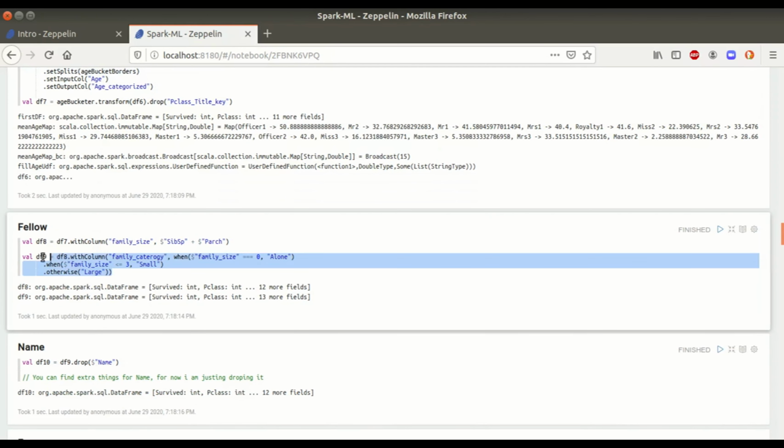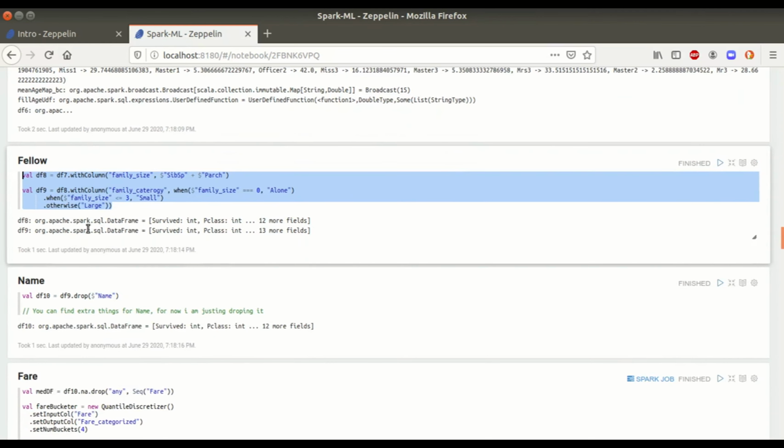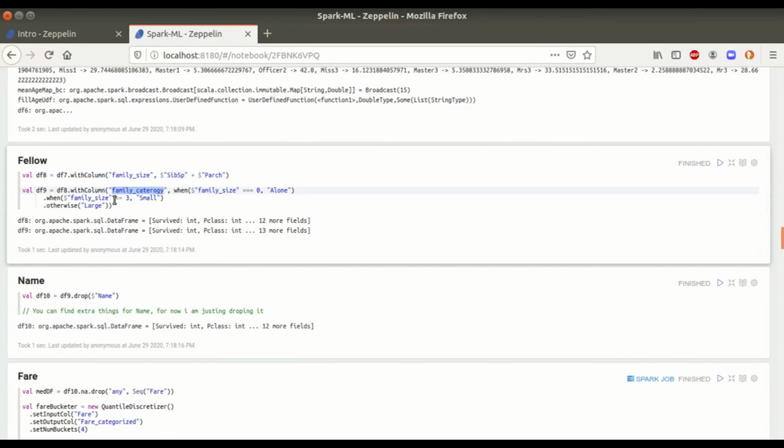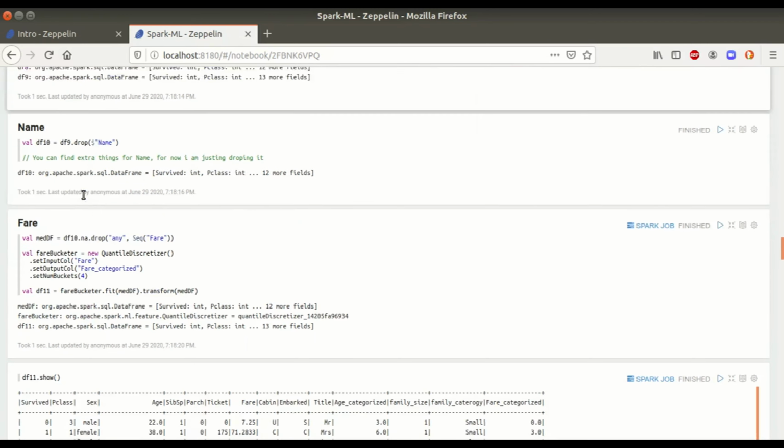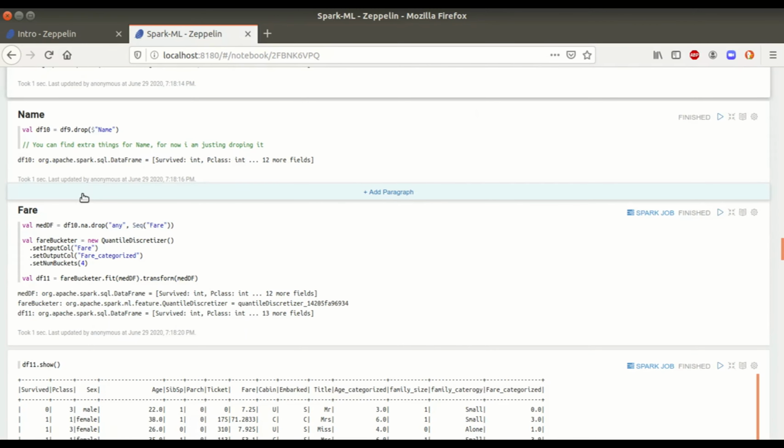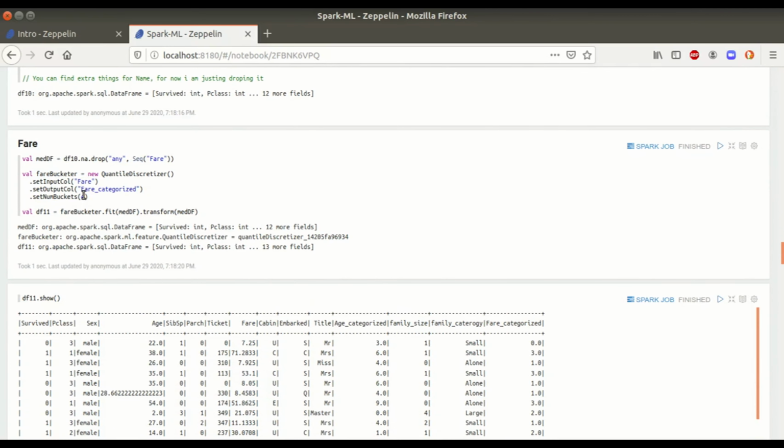Similarly, in this next column we are generating a new family size column, which is the sum of siblings plus parent-child, and then we are checking whether there is a single alone member in the data set or not. These are custom things very specific to Titanic and do not need to be applied to all data sets, but these are some data processing elements which we apply.